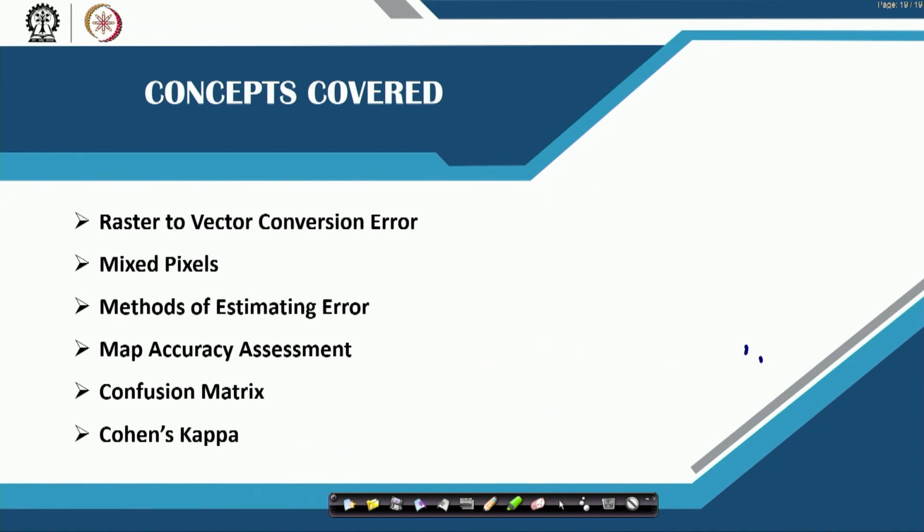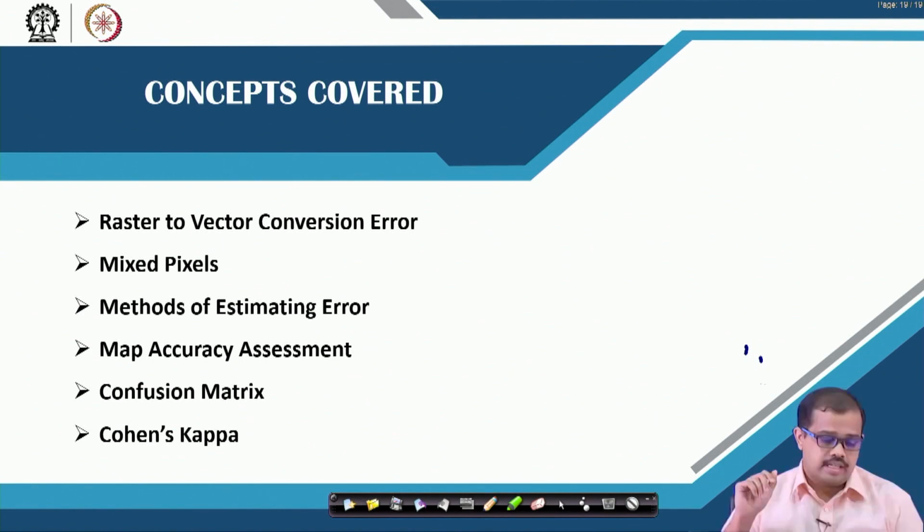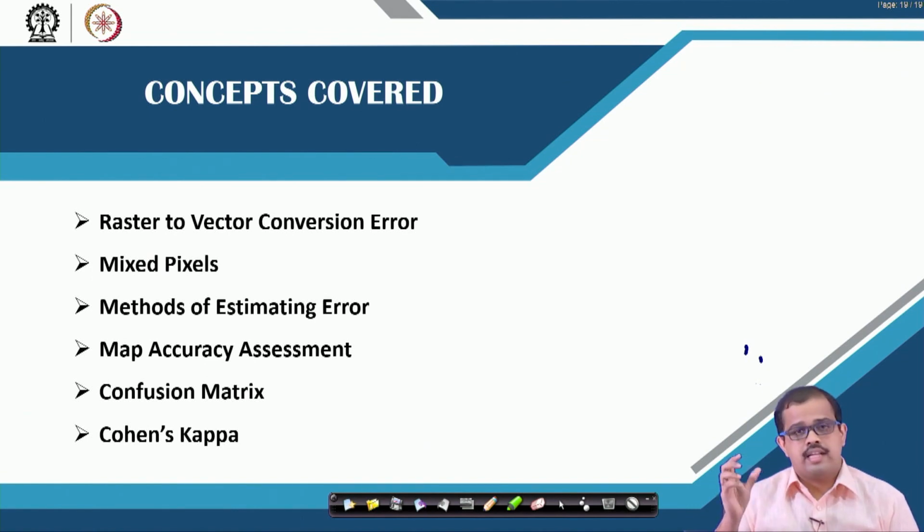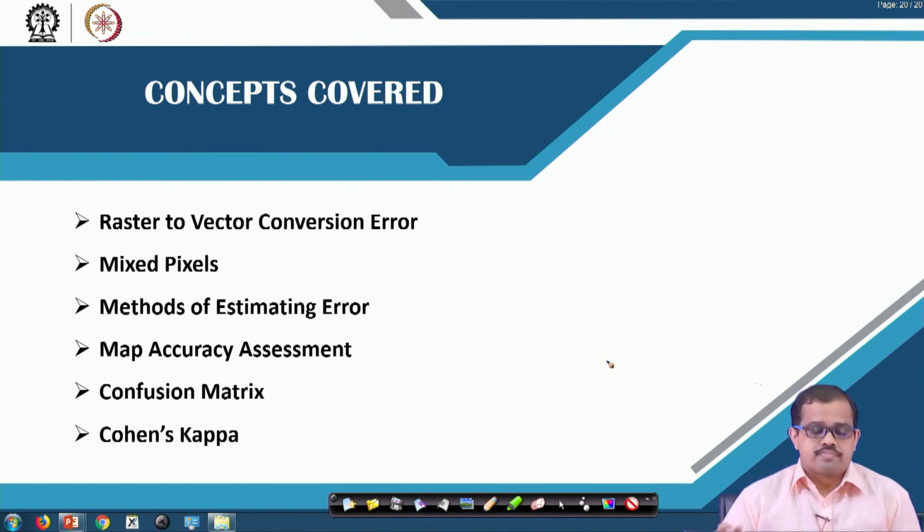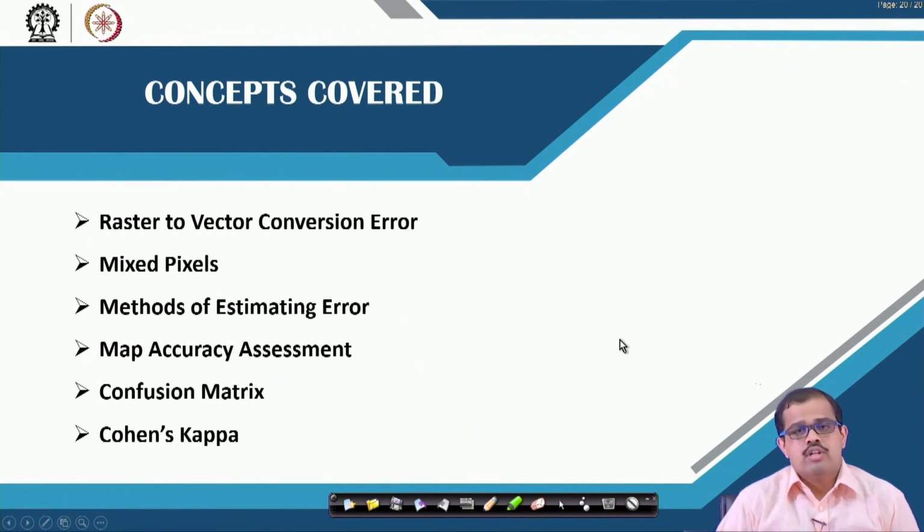How do you convert a raster to a vector? When you are converting a raster to a vector, what are the different errors that may occur? Then you will have the mixed pixels issue. For example, in case there are certain issues in that particular data, or maybe its spatial resolution is very low, you may see that a lot of different regions are clubbed together to form a single region. So that kind of issue may occur, and we'll look at how we address those issues also.